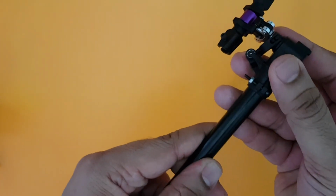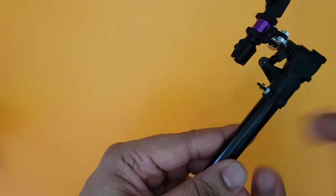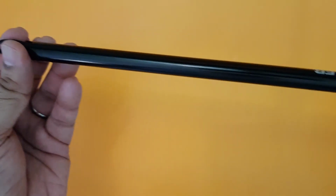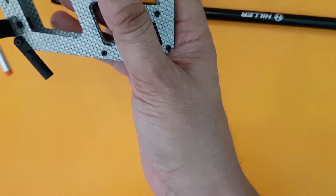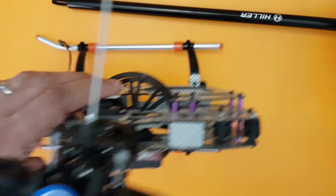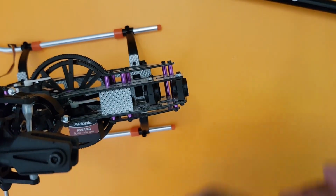Here I have inserted it inside the tail boom. I have not tightened it yet. It's just quite loose, and on the other side you have the tail boom coming out. Now don't go ahead and fix this on the frame yet. Let me remove this thread. Sorry about that. Okay. So don't go ahead and fix this in the frame yet, because we need to open